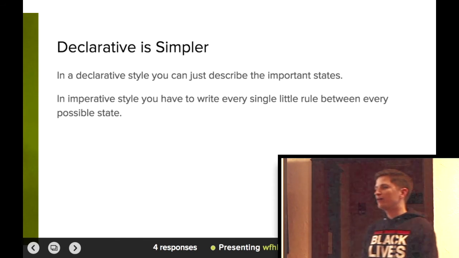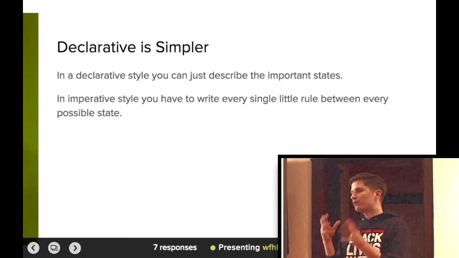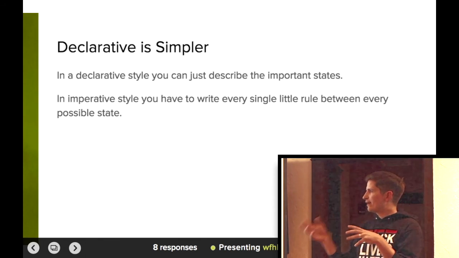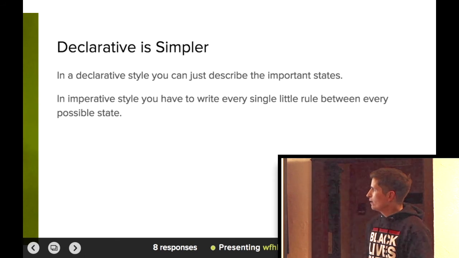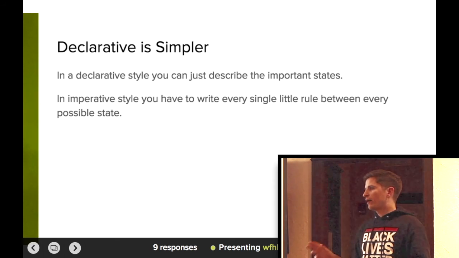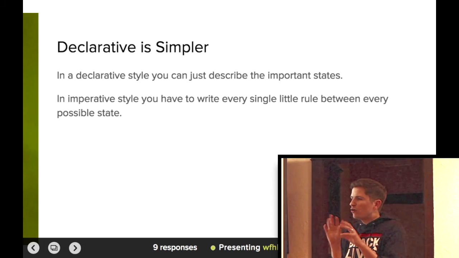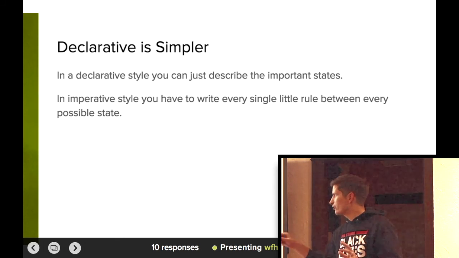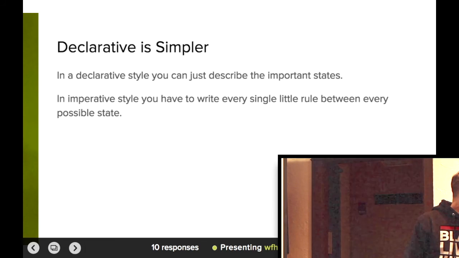So yeah, declarative is simpler. And another way of saying that is that in declarative programming, you just have to describe the states that you want your program to get to. Like all checked and not all checked are the 2 important states in this program. But in the imperative style, you have to write every line between all the states. And there's no skipping the obvious ones. You have to specify every single little command to get through every single little state or you'll get a bug in your program. For example,